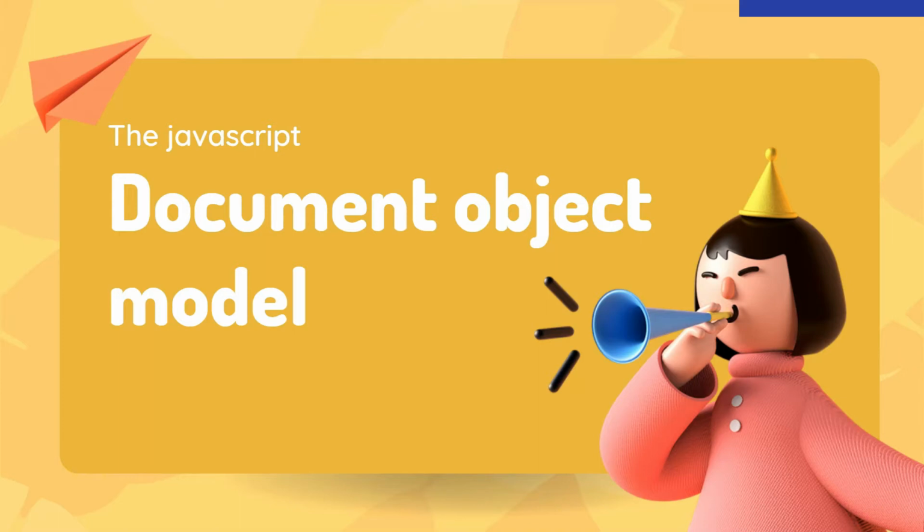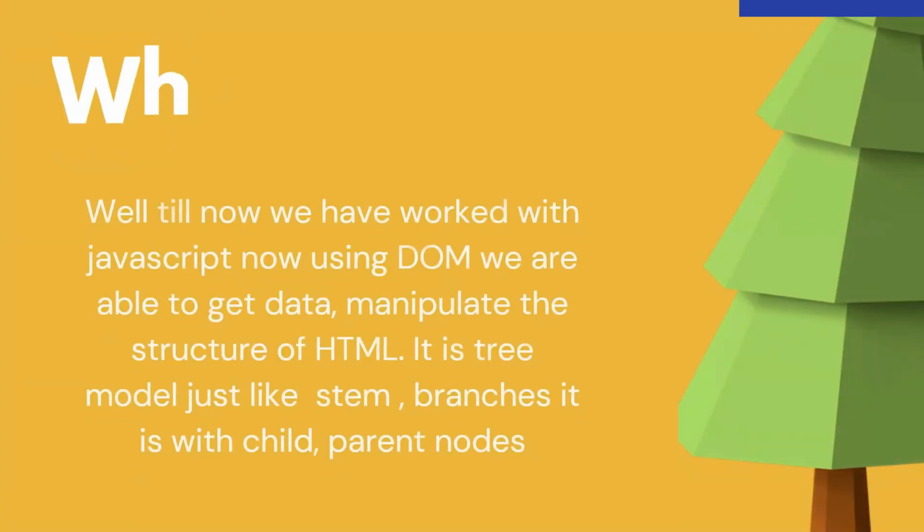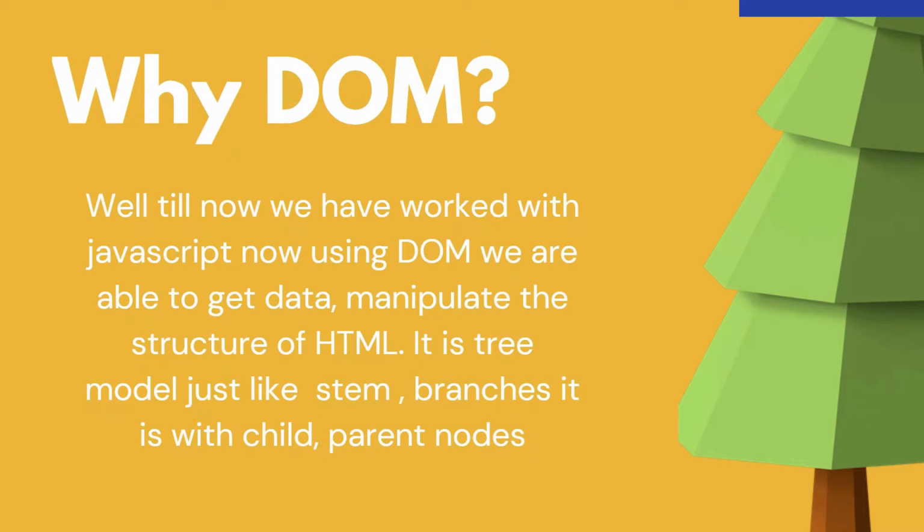When we are saying a document, it refers to the HTML element. Just like HTML has this HTML tag in which we have the head and the body. In the head we have the title, the meta, the script links, and in the body we have the header, navigation, article, section, aside, footer, which are like stem and branches, and this represents a Document Object Model. And using this only we are able to manipulate that HTML structure using JavaScript.